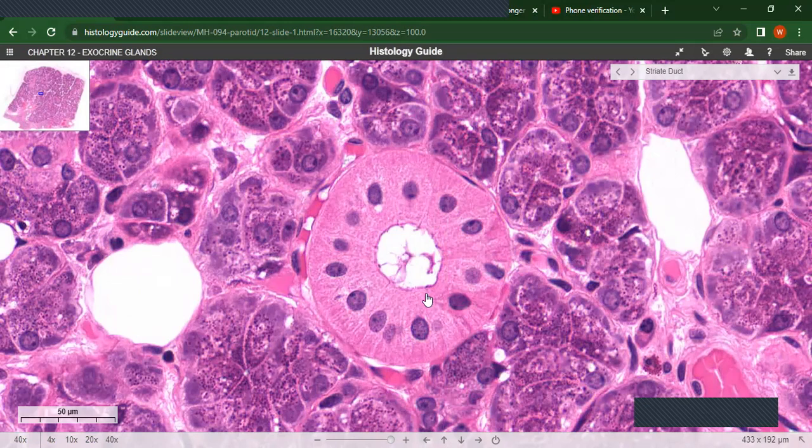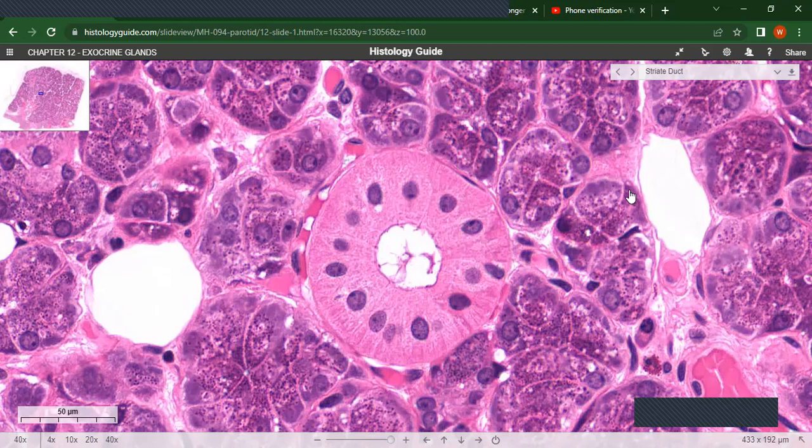You can see the epithelium here is simple columnar. You can see the shape of the nucleus is somewhat ovoid. But remember, the intercalated duct had cuboidal epithelium. So several intercalated ducts drain into a straight duct. Then the straight ducts finally drain into the